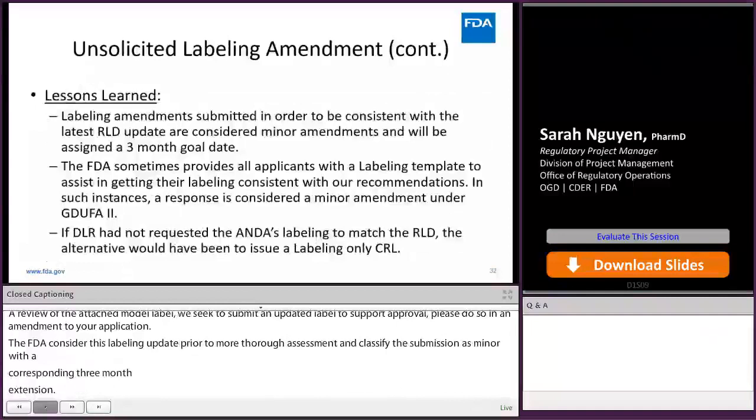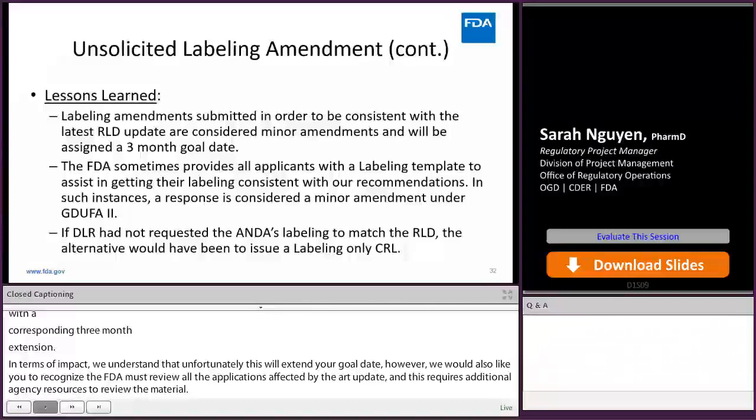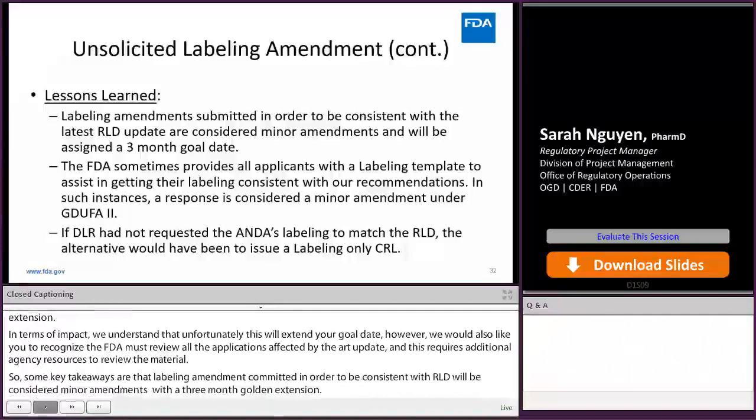So some key takeaways are that labeling amendments submitted in order to be consistent with the RLD will be considered minor amendments with a 3-month goal date extension. The Division of Labeling Review may provide applicants with a model labeling template to assist in carving out information protected by patent or exclusivity. If the applicant decides to submit an updated label, these will also be considered minor amendments